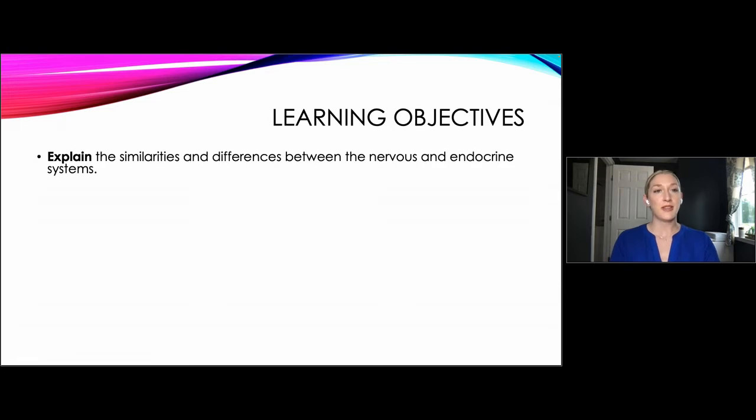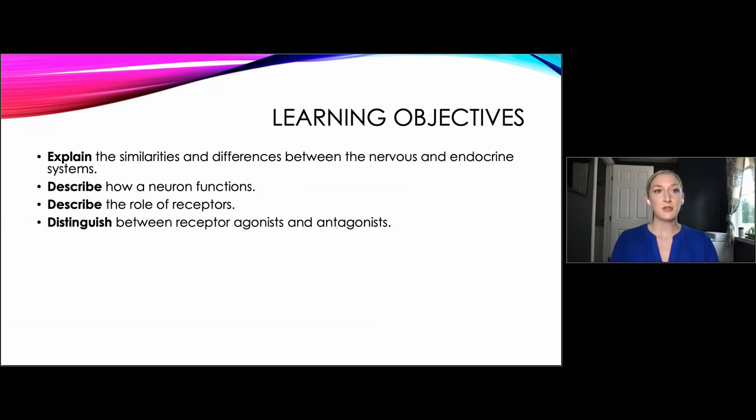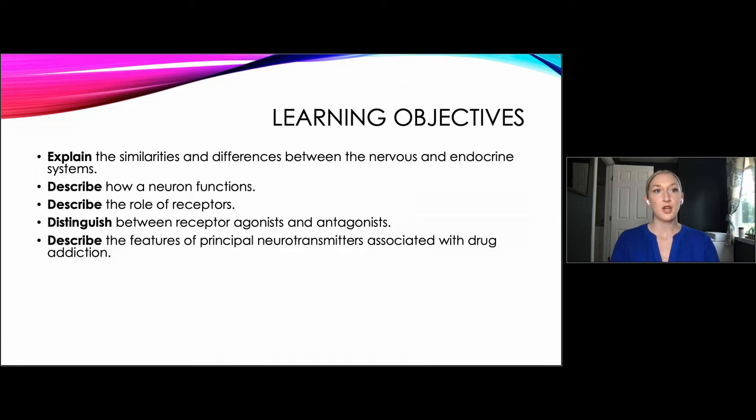The first is that by the end, you should be able to explain the similarities and differences between the nervous and endocrine systems, describe how a neuron functions, describe the role of receptors, distinguish between receptor agonists and antagonists, describe the features of principal neurotransmitters associated with drug addiction, describe the principal components of the central nervous system and endocrine